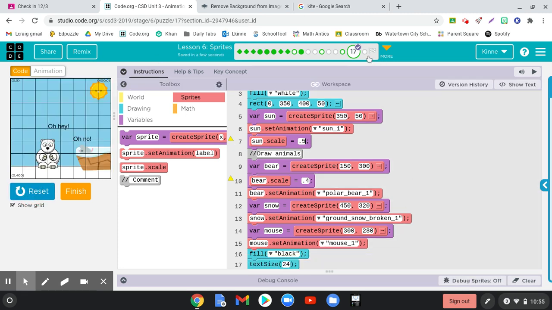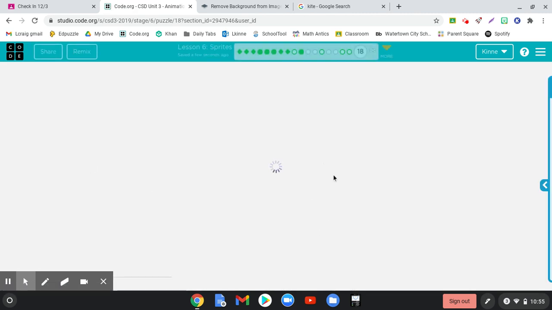All right, so let me see, I also added a bear. You'll notice I changed its size, its location. I added in this ground snow, and I played around with where to put it. Notice you can go beyond 400. It's all dependent on what you want it to look like. I added in a little mouse, and then for the last part of this, you had to add in some text. So that's what I did there. Again, you're going to see the same exact code on this page,